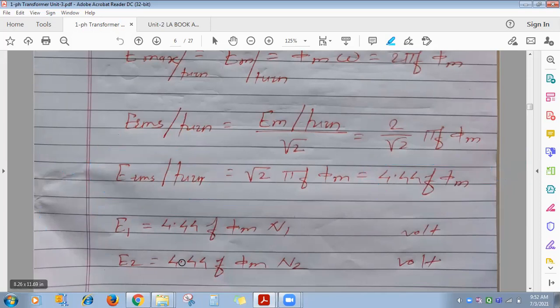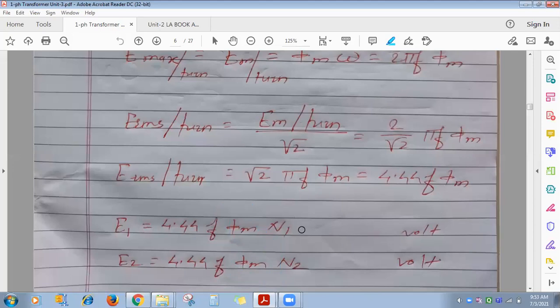Now, if you observe here, 4.44 is a constant. Supply frequency in India is 50 Hertz, constant, isn't it? On the primary side also frequency is 50 Hertz, on the secondary side also 50 Hertz. Now, what I told you, does the flux in the core remain constant or changing? It is constant. We have seen just now, as you go on changing load from no load to full load condition, the moment I2 increases, in the same proportion I1 also increases. So flux in the core remains constant. So the transformer is a constant flux machine. If flux in the core is constant, then its peak value is also constant.